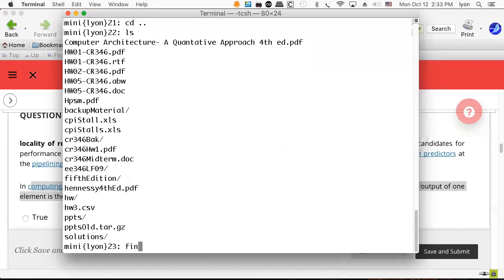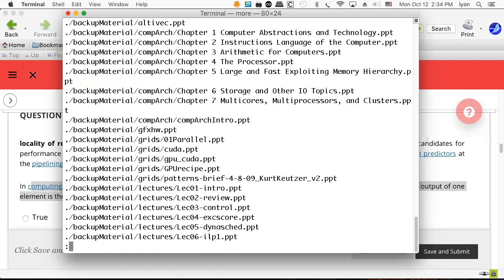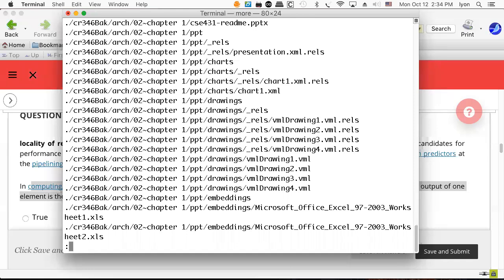I suppose you said find dot. That's going to get all of the files in this directory. Let's pipe it into a grep on PPT. So now we'll find all the PowerPoint files. Then we're going to pipe it into more, and we'll be able to list them all one screenful at a time. So that's piping. And here we are looking at all the PowerPoint files, and every time we hit space,